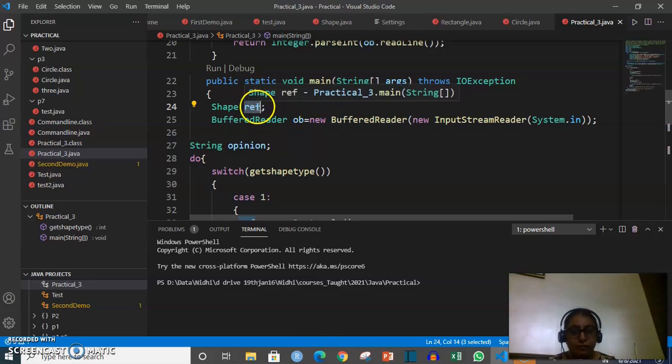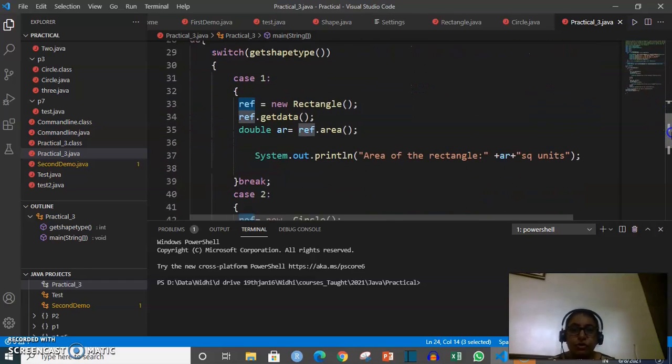You can only create references. You can also see this shape is now actually called as p1.shape. So whenever a class is present in any package, it can be called with its complete package hierarchy name, p1.shape. If it would have been within p2, so p1.p2.shape. So that could also be a name of this class.